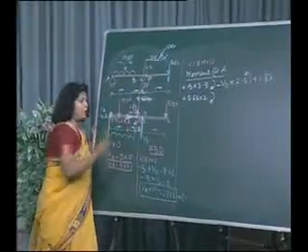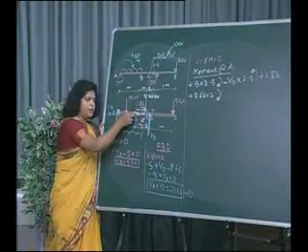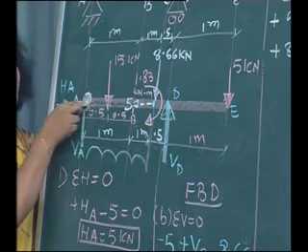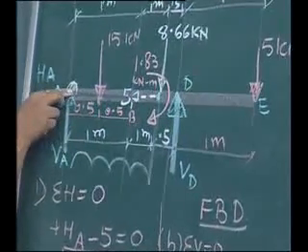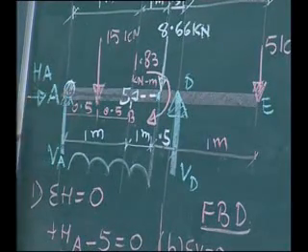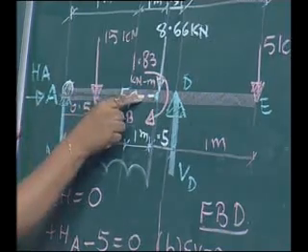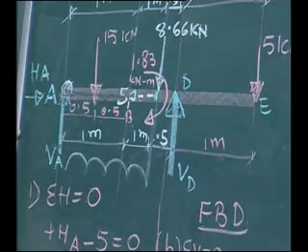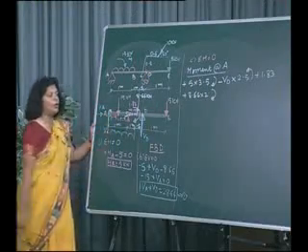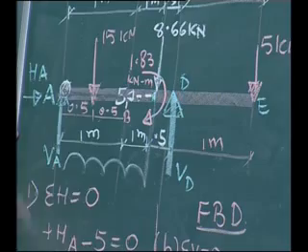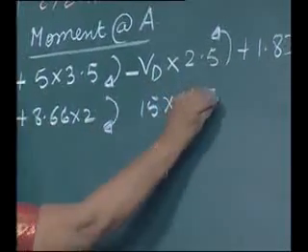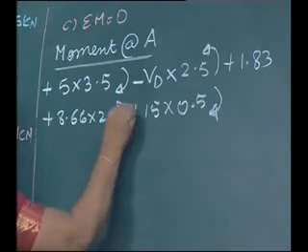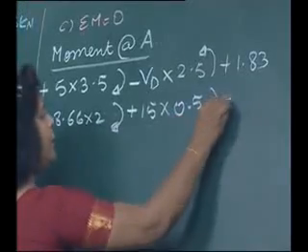Then we have got 5 kilonewton. Will 5 kilonewton produce moment? No, because it is coinciding with the point where the moment is taken. Is there any distance to produce moment? No, there is no vertical distance, because if the force is horizontal, the perpendicular distance will be vertical. So 5 kilonewton is not going to produce any moment. Then we come to the next, that is 15 kilonewtons. So 15 kilonewtons into the perpendicular distance 0.5, and it is also rotating in the clockwise direction, so positive, and that is equal to 0.